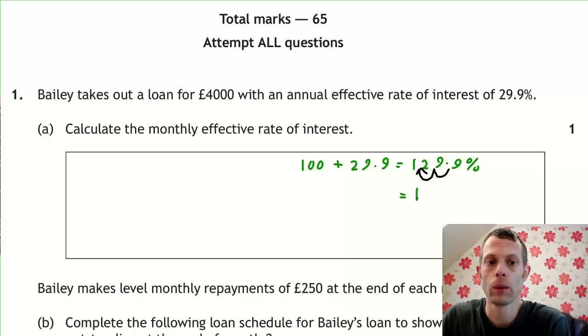So you would multiply by 1.299 to get an increase of that percentage. Now we're only doing that for 1 month, not for 1 year. So we put that to the power of 1/12. One thing to notice here is that the multiplier is for years and the exponent or the index is for years, 1/12 of a year, and those time units must match up. So you do this on a calculator and you will get